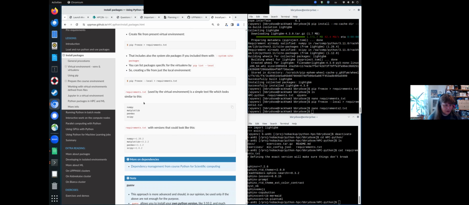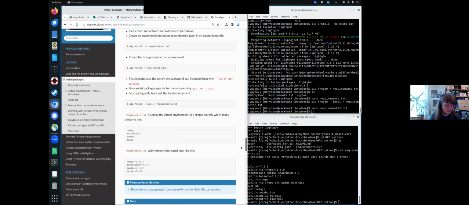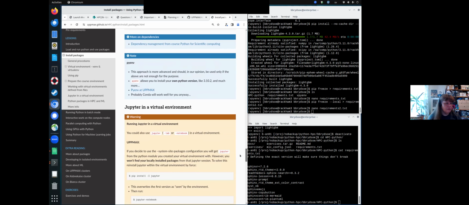And this is just the examples like I just showed you. And I suggest you simply try these two commands, where you rename this file, of course, when you are in your virtual environment, and see the difference between the outputs you get. And if you want to read more about it, there is a link to a course they had at Aalto